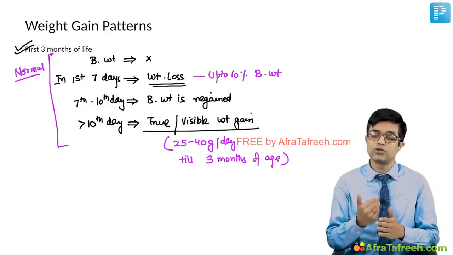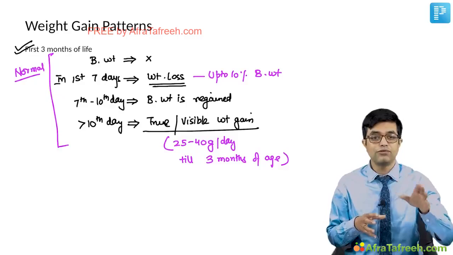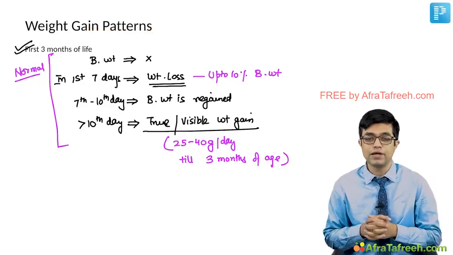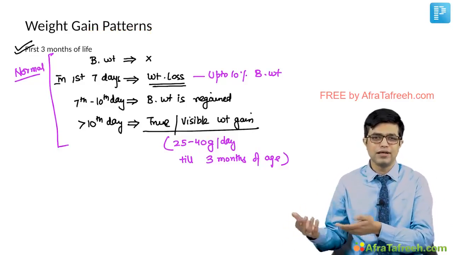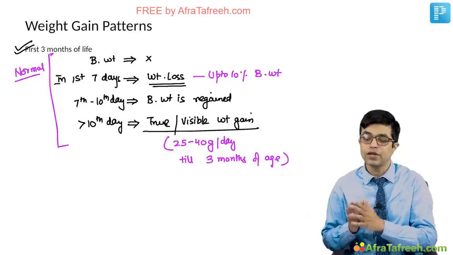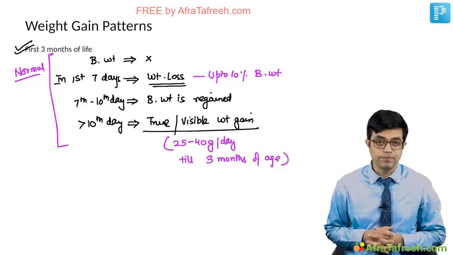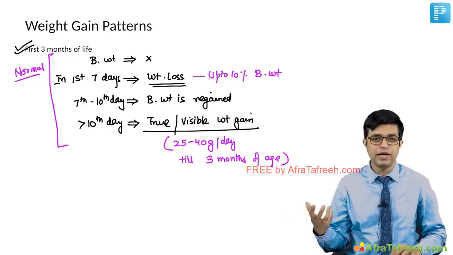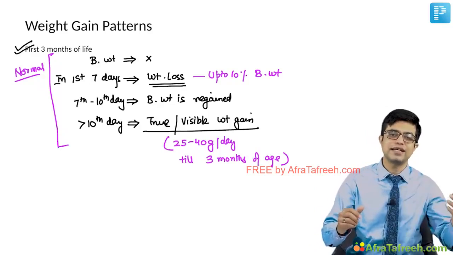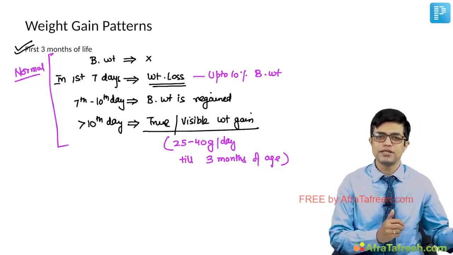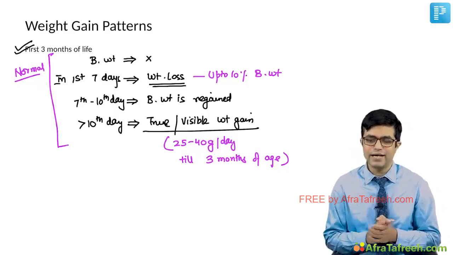Thirdly, the diuresis is also more. In a child, the urinary concentrating ability is low, the tubular function is low in the first few days of life, and so a dilute urine is passed, which facilitates the loss of sodium containing fluid and the edema fluid in that child. Combination of these processes ensure that in the first 7 days, visible weight gain is not there. So beyond 7th day onwards, the tissue growth which is happening, the anabolism which is happening, starts exceeding the weight losses, and so visible weight gain starts becoming manifested. This is what we normally anticipate.